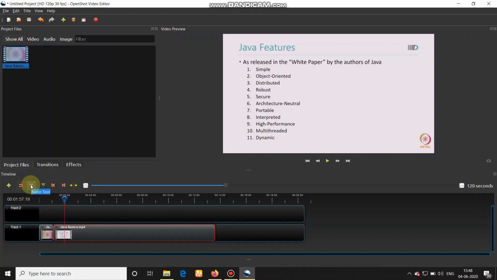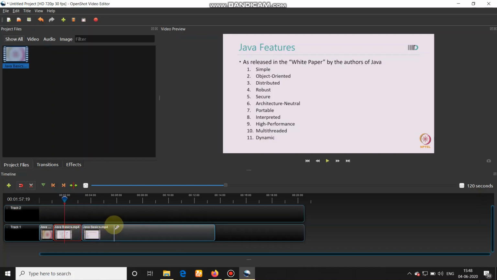You just select the razor tool and you can have this razor, you just go for putting it somewhere in the clips. So for example, if you are keeping this razor tool here, so it is going to slice your video clips in 2 parts.